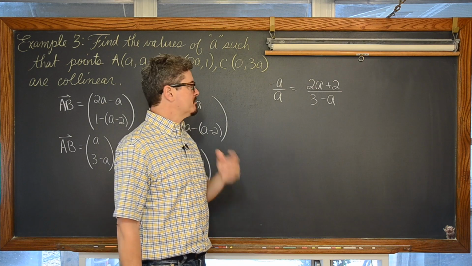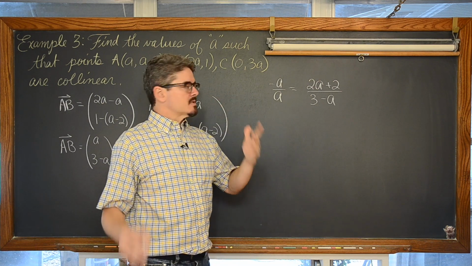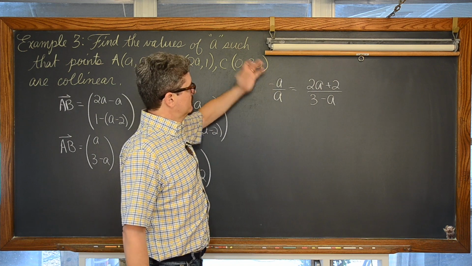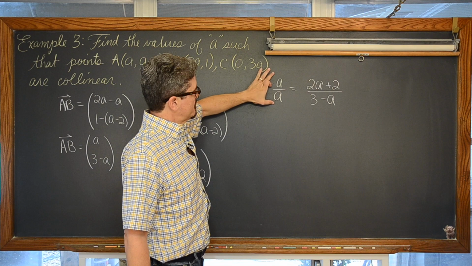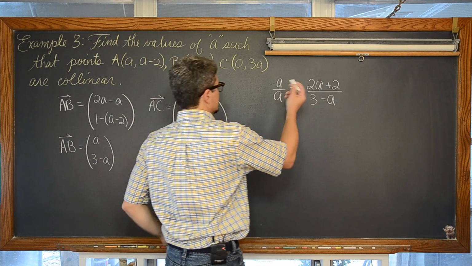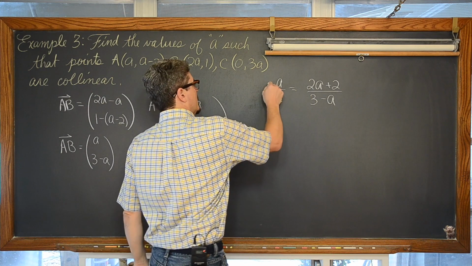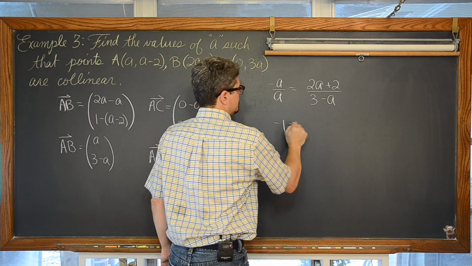And your problems, I made this up for the video. It was inspired by a problem in my textbook, but it's not the exact same thing. You might have to do cross multiplication and solve this out. And I didn't do this intentionally, but as it came out, when I set this up, well, we have negative a divided by a, which is negative 1.